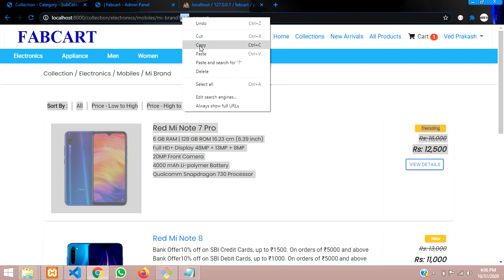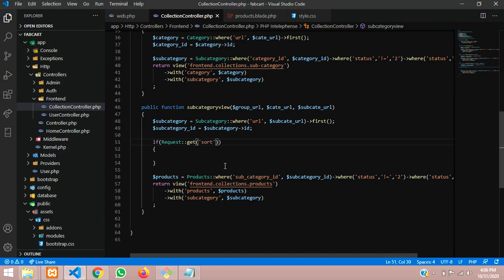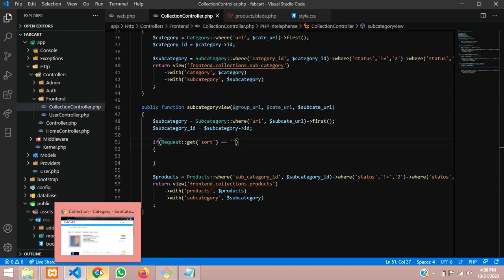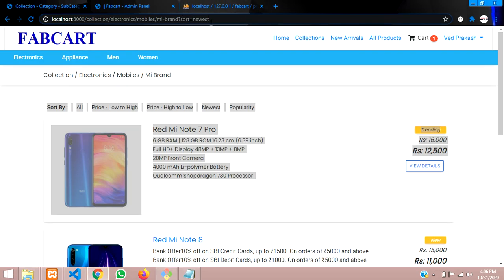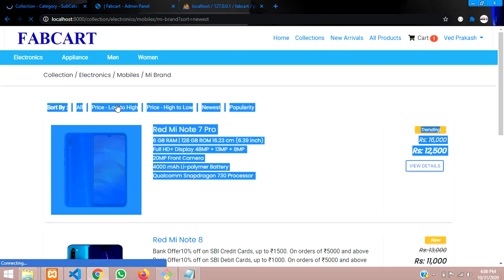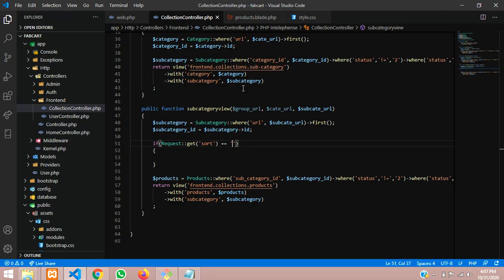Let's copy that sort word, or a filter if you are using one, and we will say it is equal to, in single quotes, the values whichever you are passing into it. So newest, low to high. Let me click on it, low to high, so price ASC. You can put it this way, right?